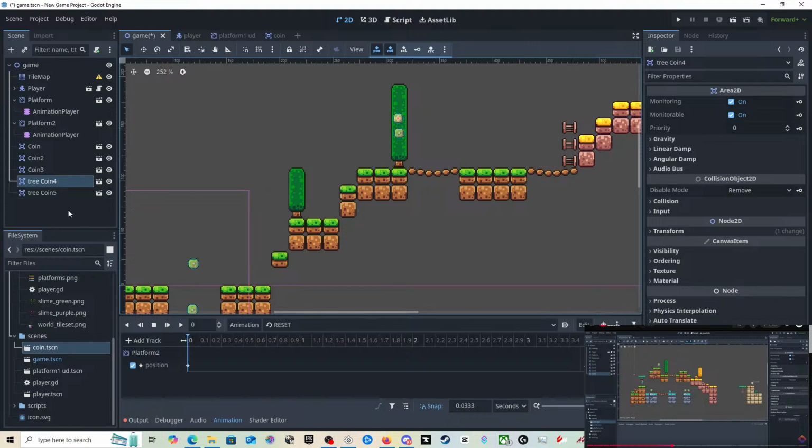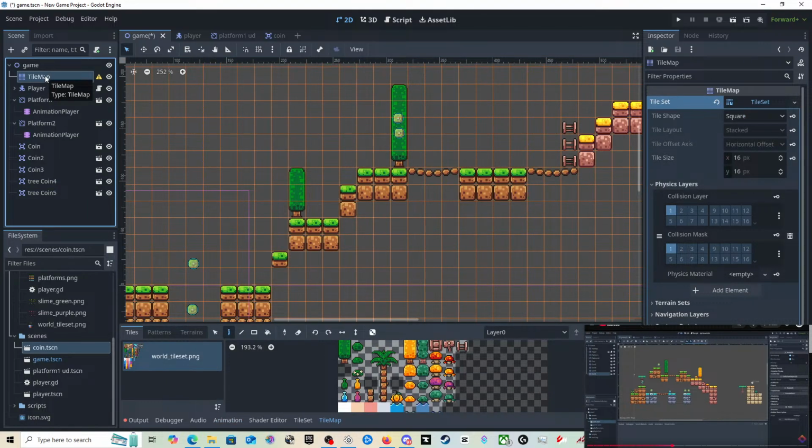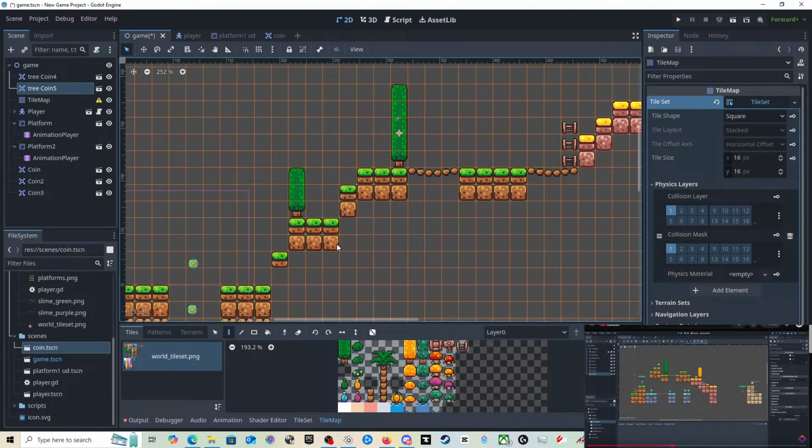We'll do that after. So basically what I wanted to do, so that tile map's there. So if I do... Right.